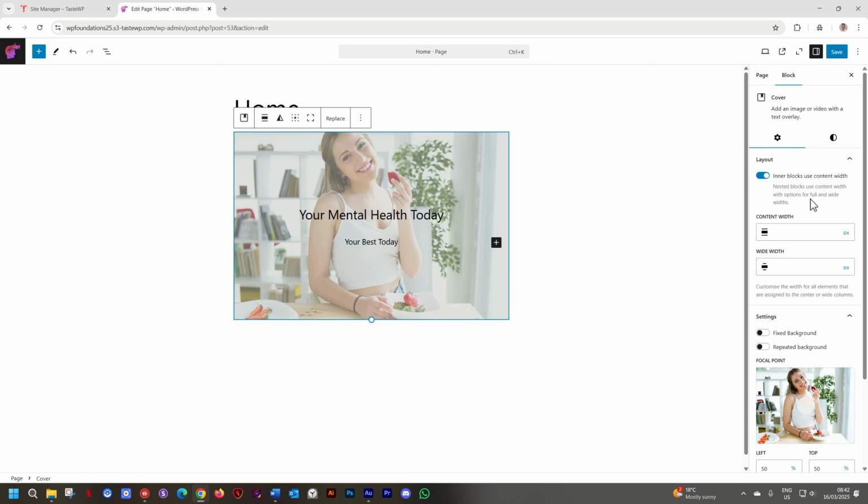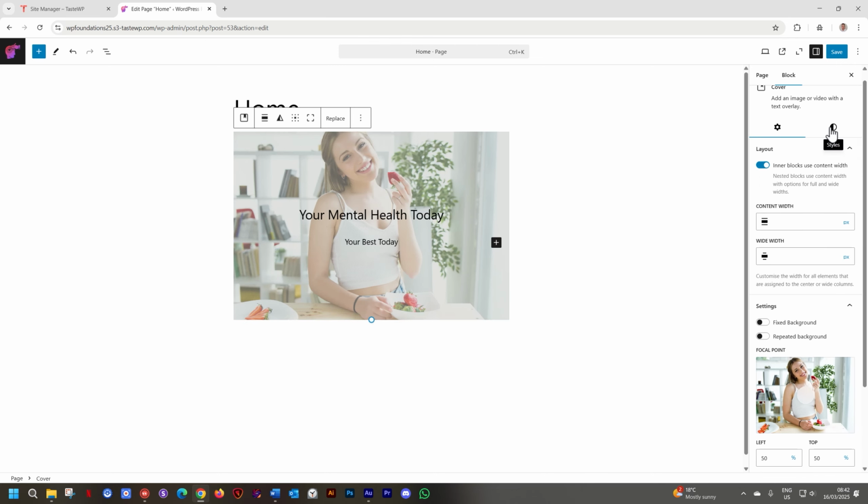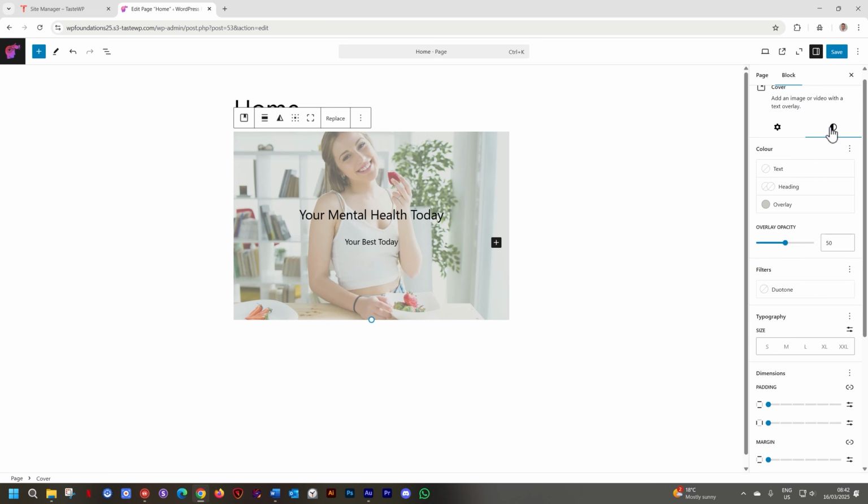Where do we find that? So we look to the settings on the right. We have settings here, and next to it, we have styles. This is a common way of grouping things. The moment you work with color or typography, you call it a style. Select style, and you will see here we have overlay. Click on the overlay, and it gives us this gray overlay.